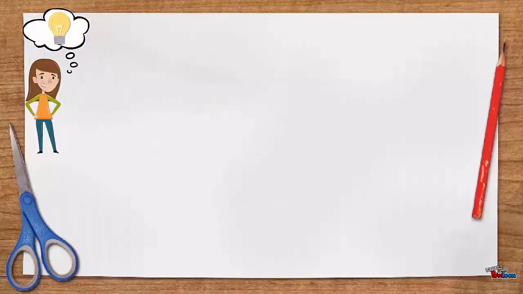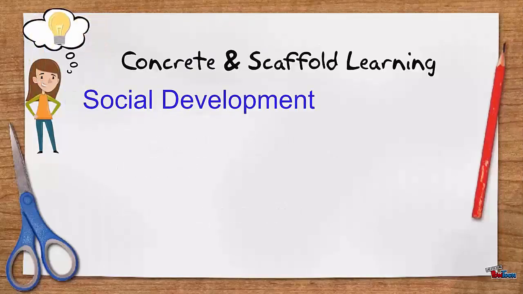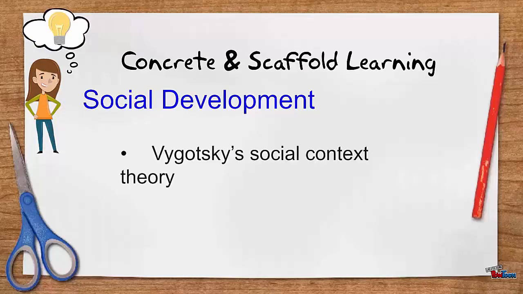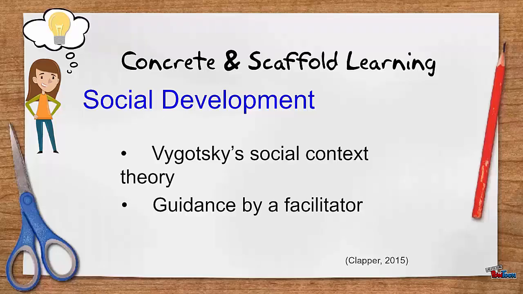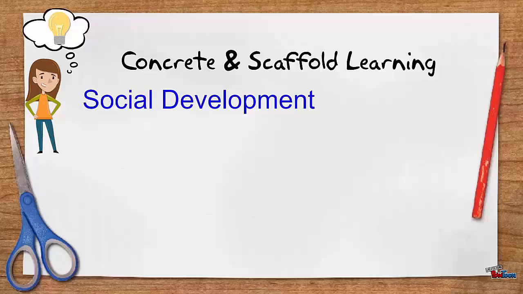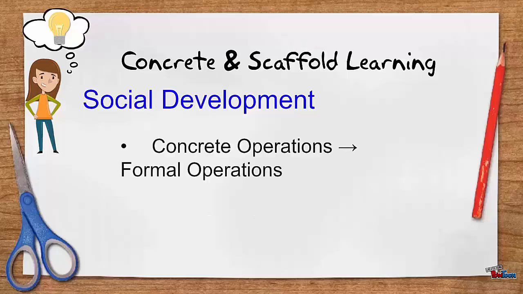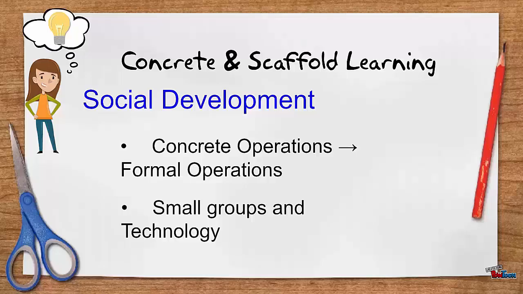Through the use of Vygotsky's theory that individuals learn in a social context, the teacher needs to develop a scaffold which takes into account Kayla's cognitive level while also helping her progress to the formal operational stage. This is achieved by working in the zone of proximal development. Through the use of guidance by a facilitator, she can develop skills required to understand operations. Kayla shows that she is willing to learn but requires additional guidance. A pedagogical strategy can be used through technology where small groups can further develop the cognitive stage of a student and assist them in progressing to the next stages.